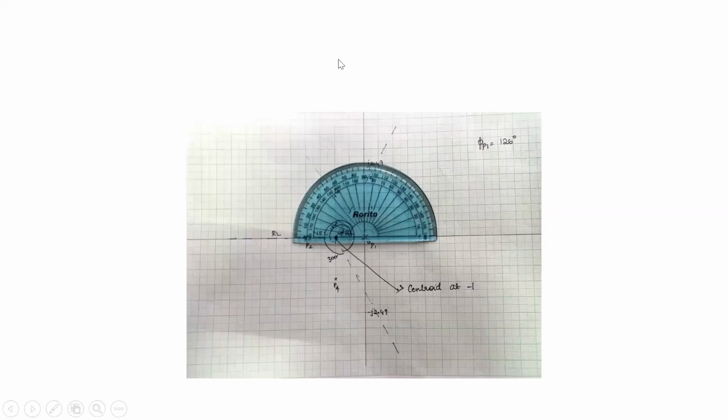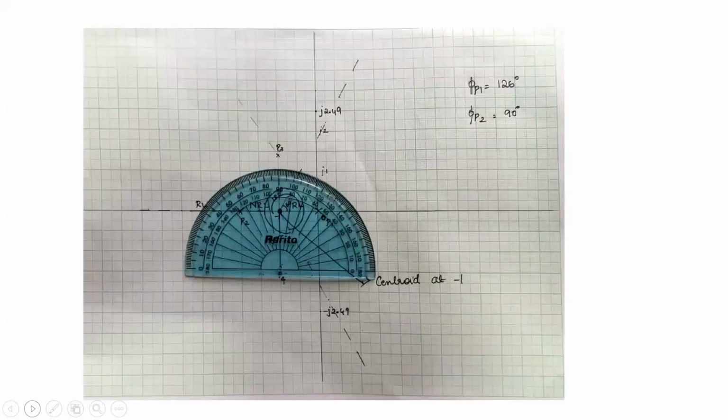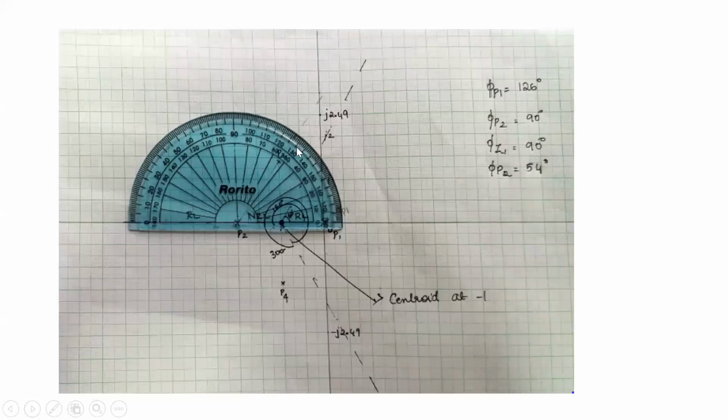Okay, finally then you will have to see, as I was telling you, you'll have to keep the protractor and using this, that is the angle between this line and this line, you have to measure this. You have the pole here, the pole is over here, so that will give you some angle. Then from between this and the pole here, this angle you have to measure. See this angle. Similarly from P2 you have to measure, the pole will be somewhere here. We have the pole here.